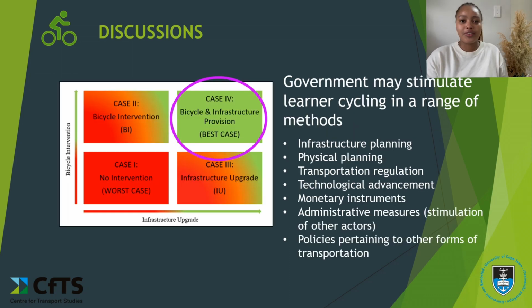The practical significance of these findings is that stakeholders such as government, NGOs, and other persons interested in making cycling accessible for these learners need to step up and assure that learners continue to reap the benefits of a modal shift to cycling. This includes, but is not limited to, the solutions listed in the presentation, such as an amendment to the learner transport policy, which could include cycling infrastructure improvements around schools.